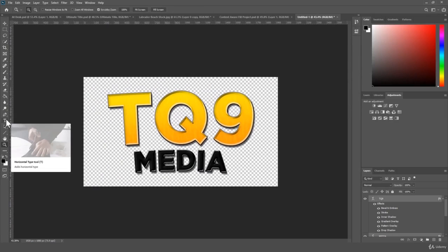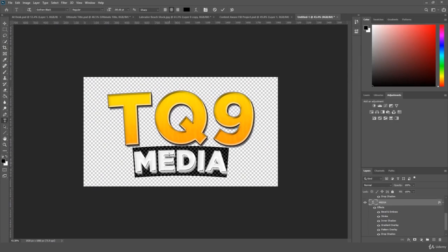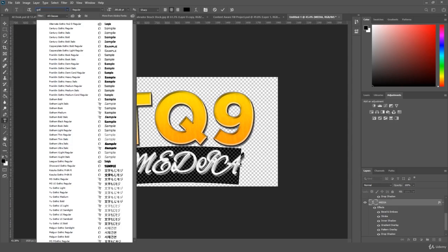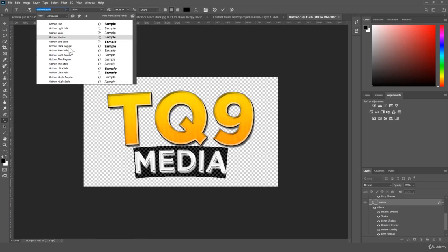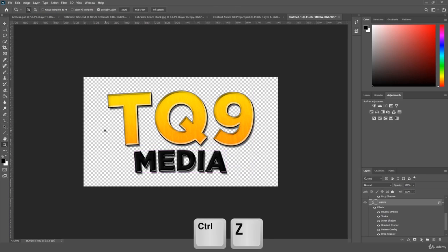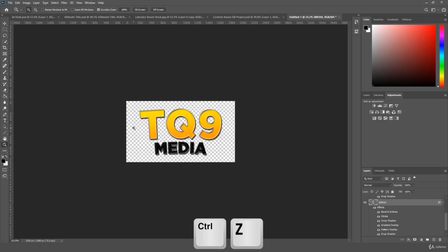I mean, is it going a little bit too far to even change the font? Right, you might even want to change the font to something else. For example, I might get a font that's a little bit more thin, if you know what I mean, right? Maybe a little bit more thin, and then I might feel comfortable stretching it out a little bit more, whatever the case may be. But again, all these are just little technical details. I'm actually going to Control-Z, undo that, and we're just going to be sat here with the TQ9 media,